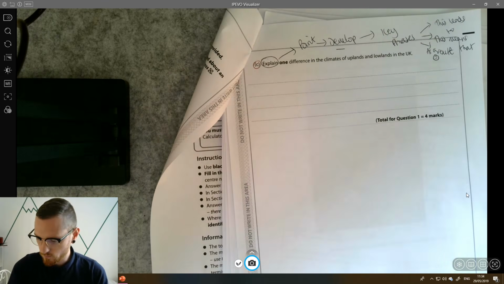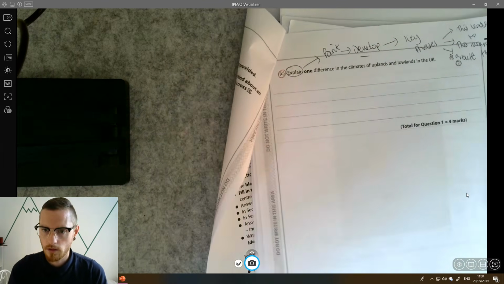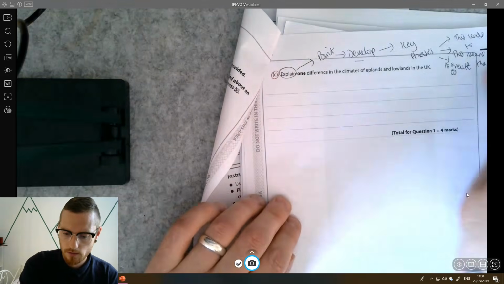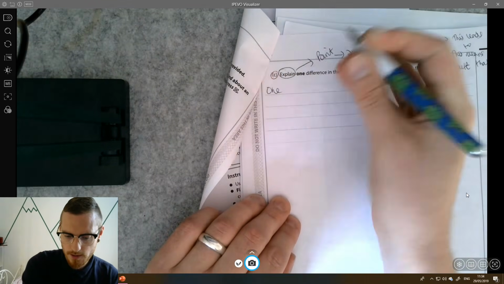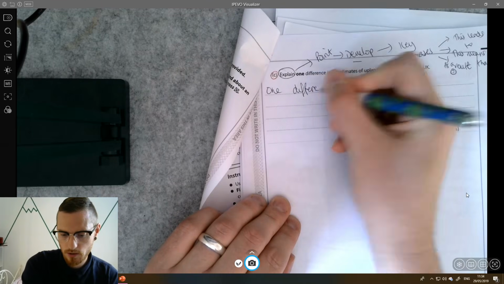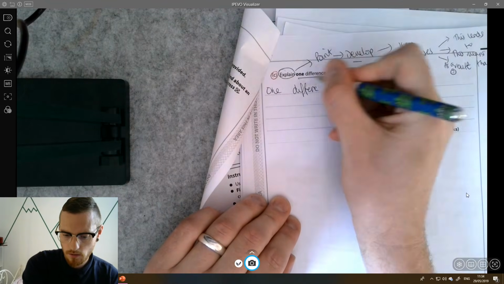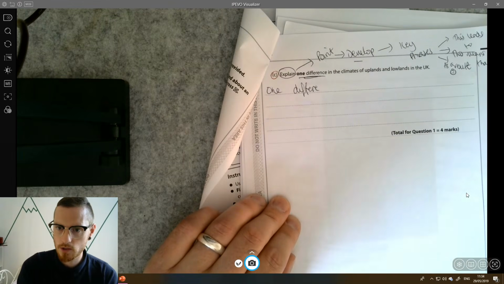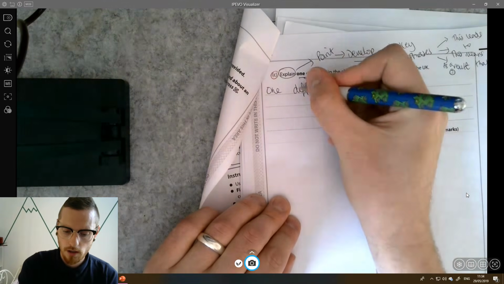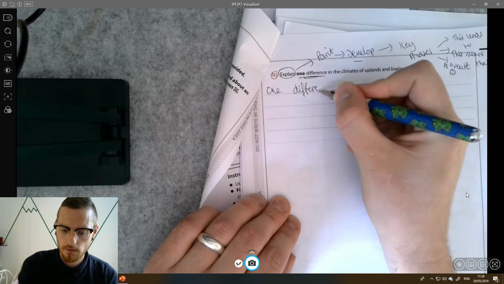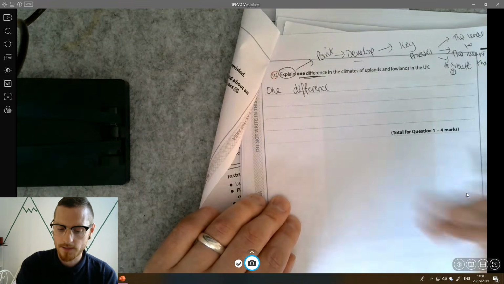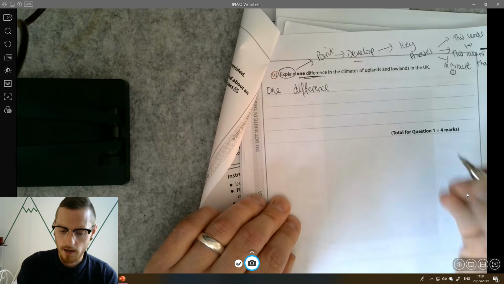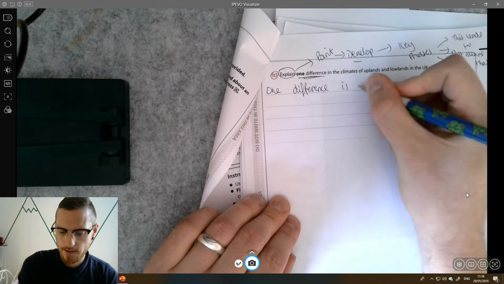So I'm going to go with one difference. So I'm using the language of the exam question to begin my answer. I'm not rewording the whole thing. You don't need to do that, but I'm just using the language in a slight manner to begin the sentence for my 2 marker. So one difference is that